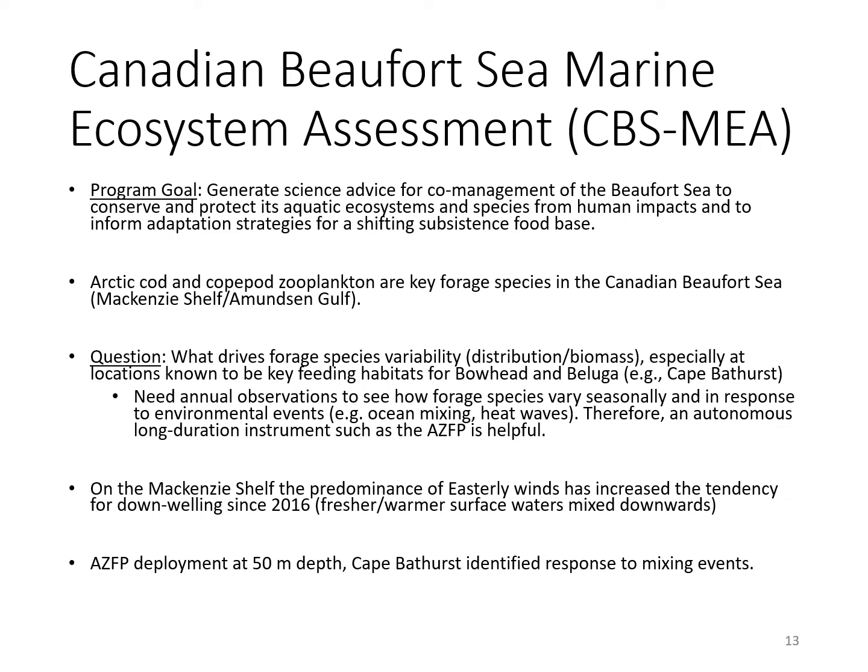Now, in order to answer this question, the researchers require annual observations to see how the forage species vary both seasonally and also in response to environmental events, including ocean mixing and heat waves. For that reason, they've chosen an AZFP. This area is not easy to access. I'll show a picture of that in a subsequent slide, and the long endurance of the instrument will provide the